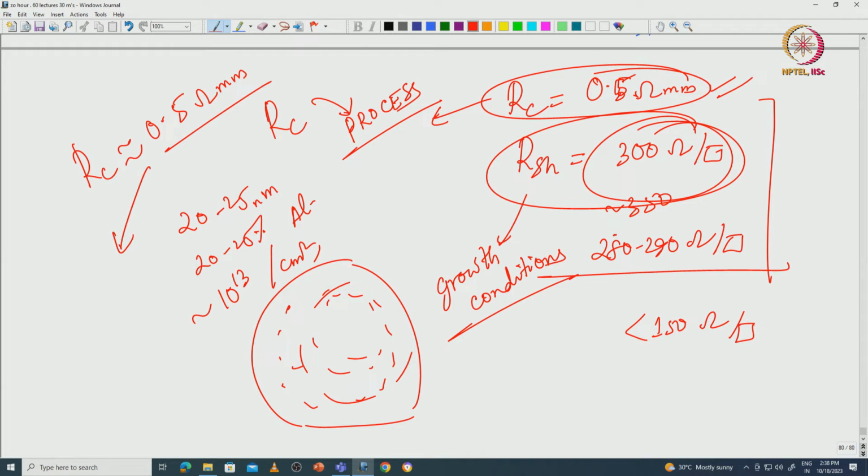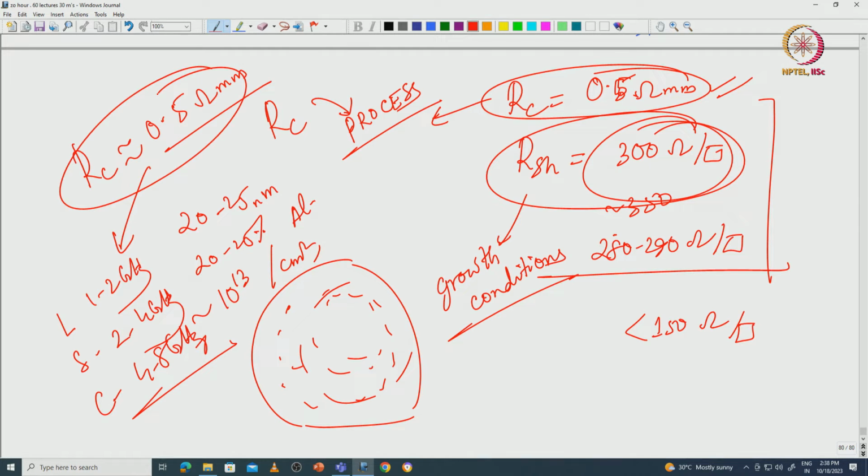This is good enough for RF HEMTs in, for instance, L band, which is 1 to 2 gigahertz, S band, which is 2 to 4 gigahertz, and even in C band to some extent, 4 to 8 gigahertz. Okay, this contact resistance is not so bad, but you want to reduce the contact resistance further as you go higher and higher in frequency